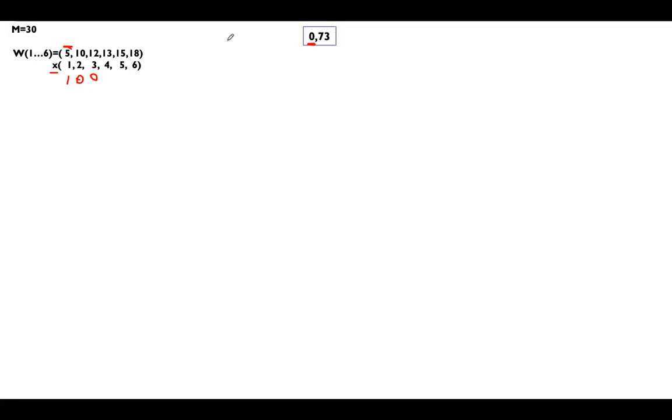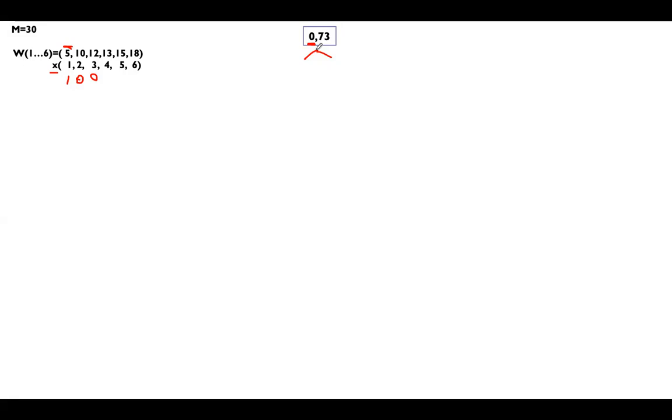Now, initial available weight is 73. Selected weight is 0. In this tree, you can either go in the left direction or in the right direction. How will we decide whether we are going to left or right? See, we have to start with the first element. If you select the first element, I will branch out towards left.